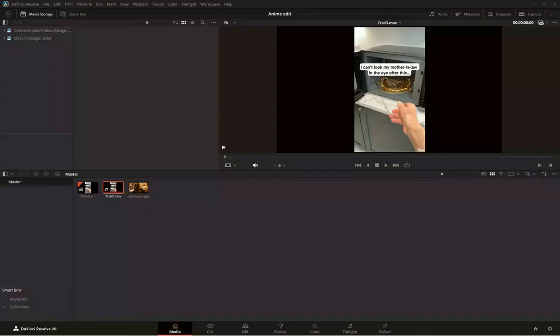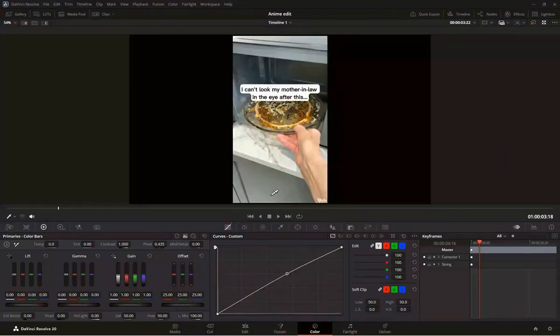First, open DaVinci Resolve and make sure your clip is already imported into the timeline. Once you've got your clip ready, navigate to the Color tab at the bottom of the screen. Here, you'll find a series of tools on the right-hand side. Look for the Motion Effects panel, which might be collapsed by default, so you may need to click the little